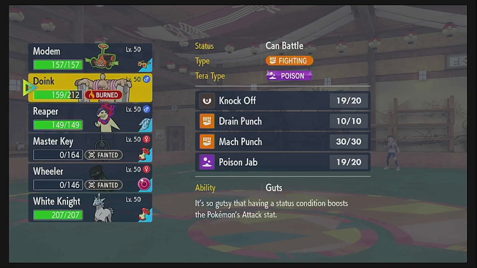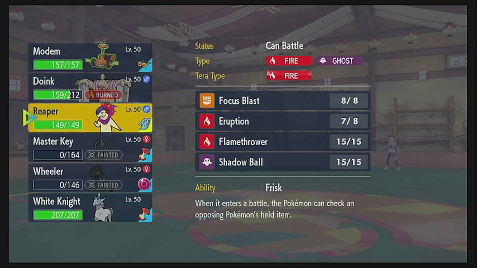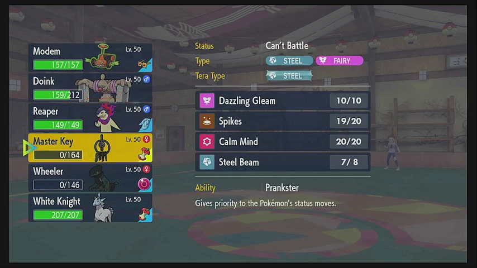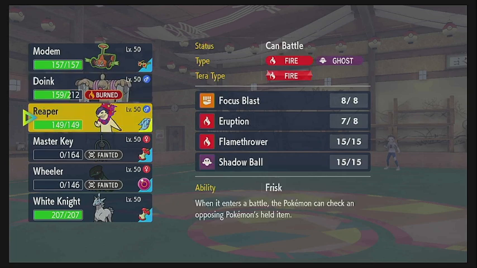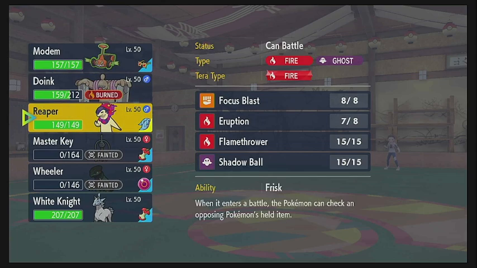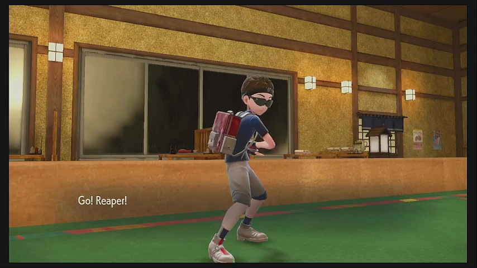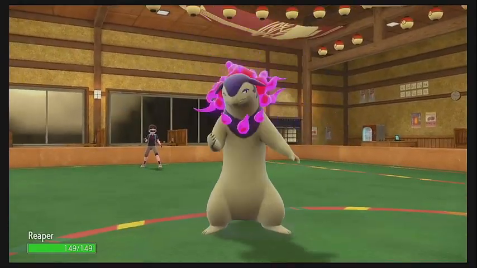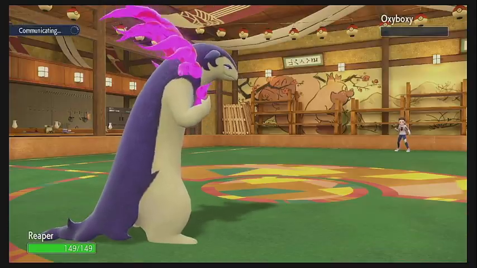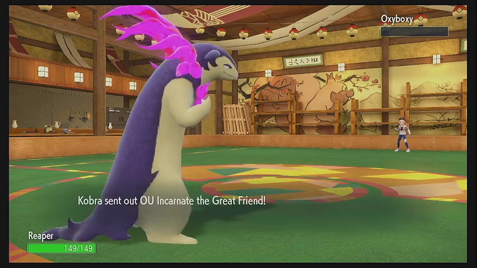I think our best bet here, we have a couple of options. How do we want to handle this is the question. I think we're actually going to come in with the Hisuian Typhlosion now, because I want to see where this is going to take us here, as he only has 2 Pokemon left. So I want to bait in...